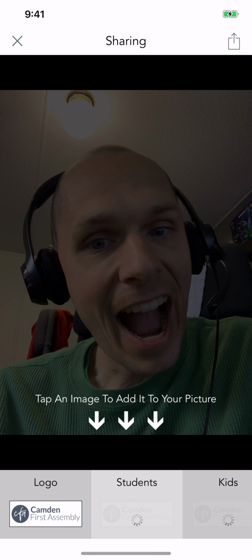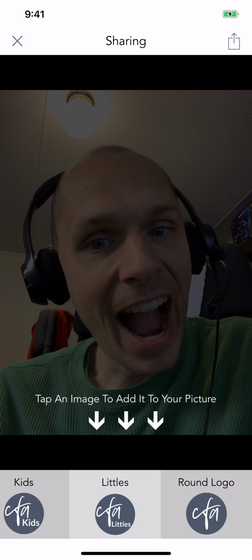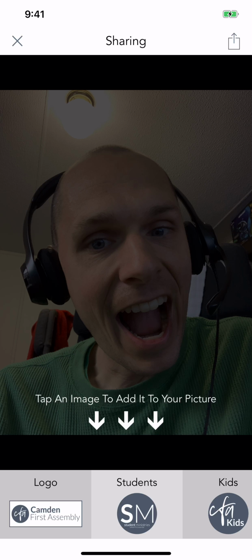I'm going to select to use photo, and you can see there's my picture, and at the bottom it says tap an image to add it to your picture. So below that, you can see you have a horizontally scrolling list of filters that you can add to the picture. So let's say you're in the youth ministry at the time, and something's happening, and like, oh man, the